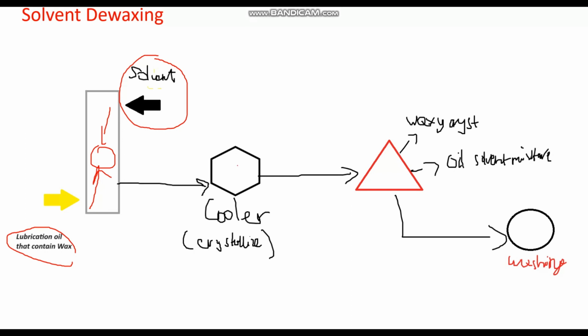In the cooler process, here we have some solvent and the lubricating oil that contains wax, mixed, and they become one type of compound. They go to the cooler. In the cooler, we cool it to a low temperature, and of course at cold temperature the fluid will be crystallized. After crystallizing, they will go to the